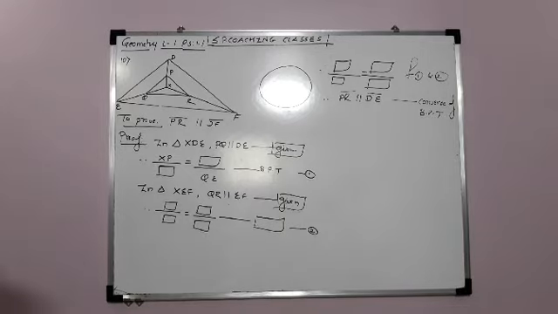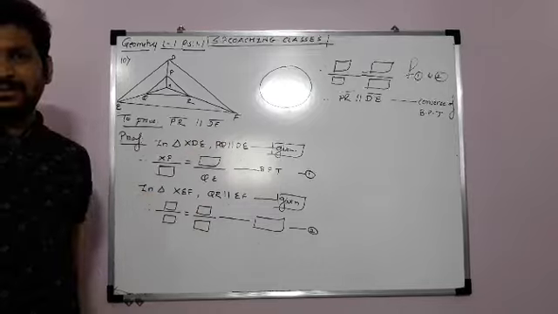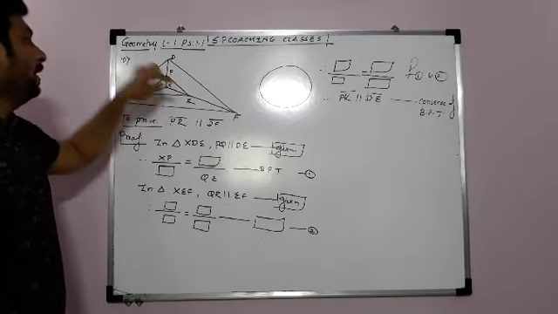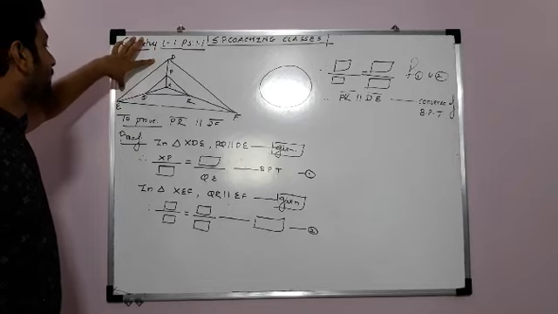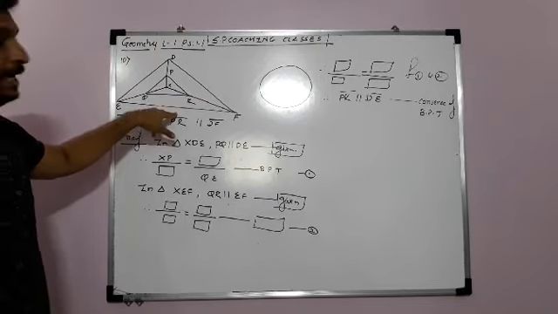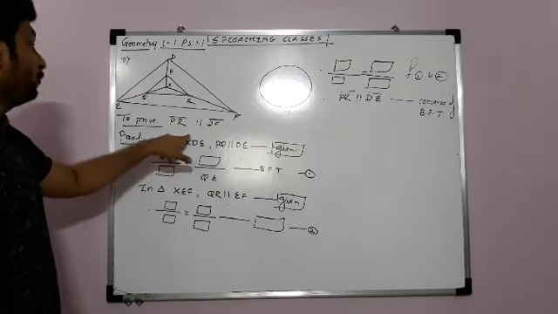Okay guys, now let's move to the 10th sum of the exercise. It is very easy, an activity based question. You can just see what is given in the triangle DEF. PQ is parallel to DE and QR is parallel to EF. This information is given and we have to show that PR is parallel to DF. We have to prove this.